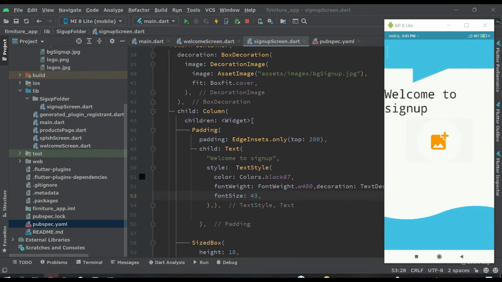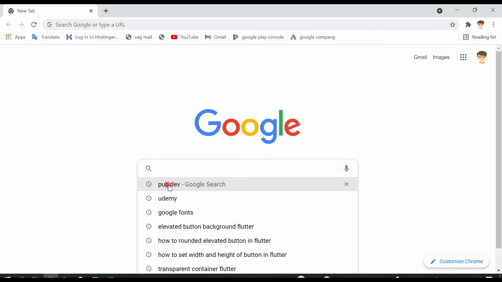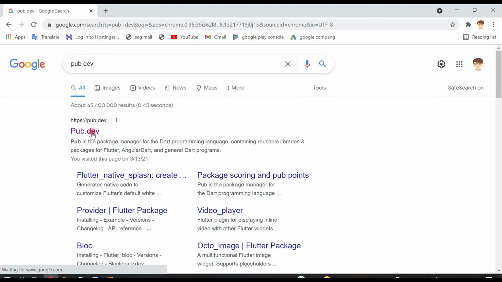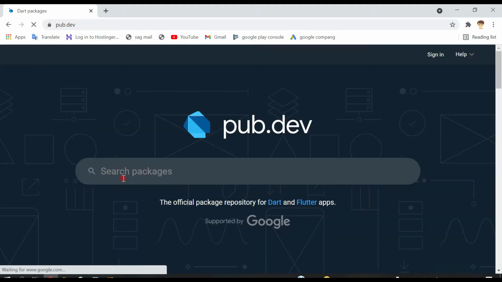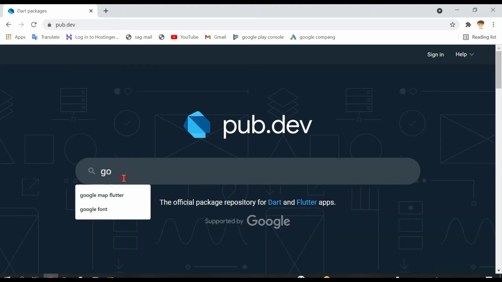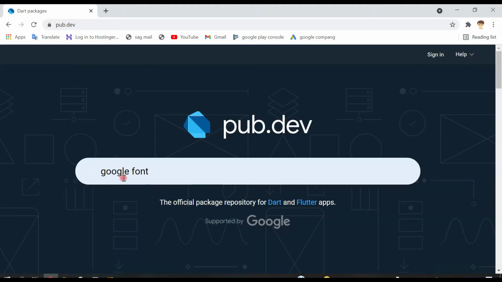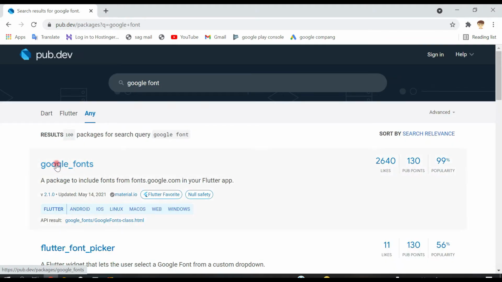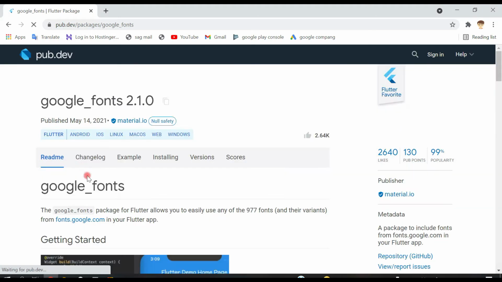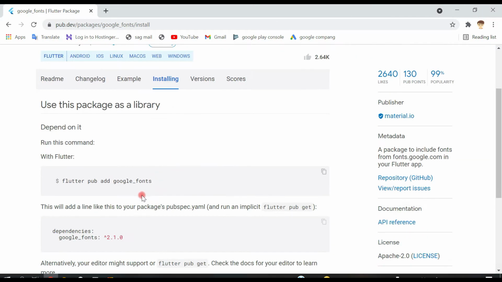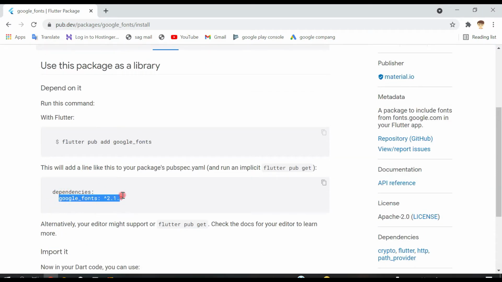come to Google here and write here pub.dev, and you will see this first one. Click on pub.dev and then write here Google Fonts like this. Google Fonts, enter. Now you will see this first link, Google Fonts. Click on it and then you will see this installing. Click on it and then click this dependency